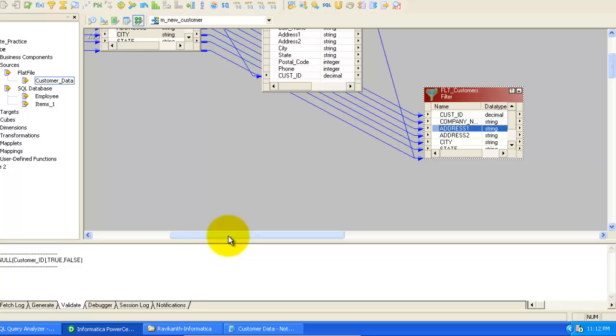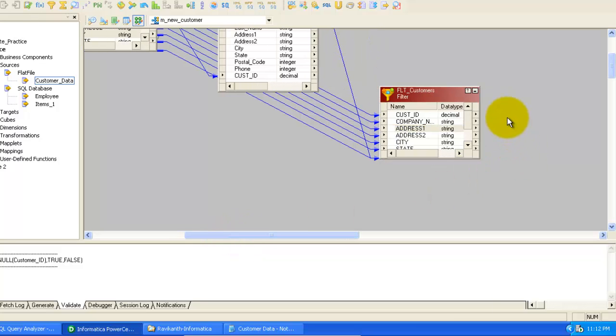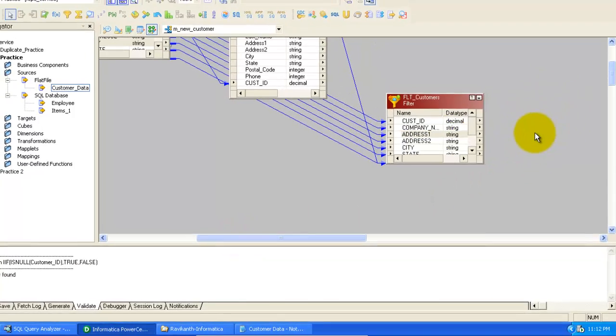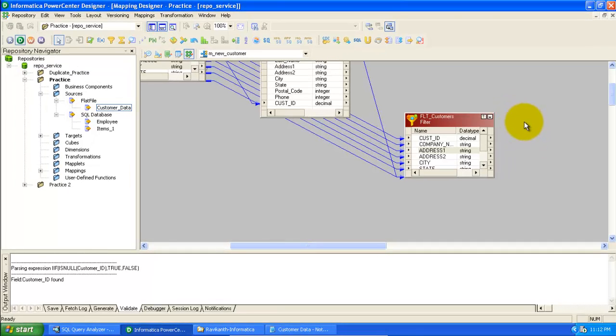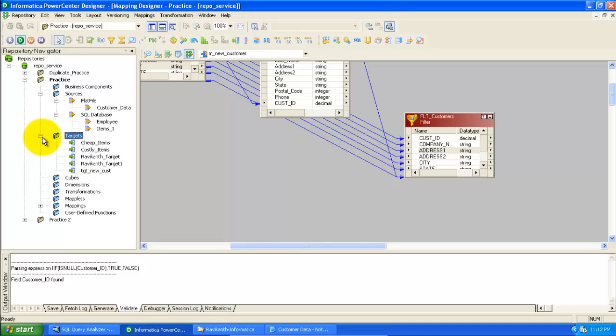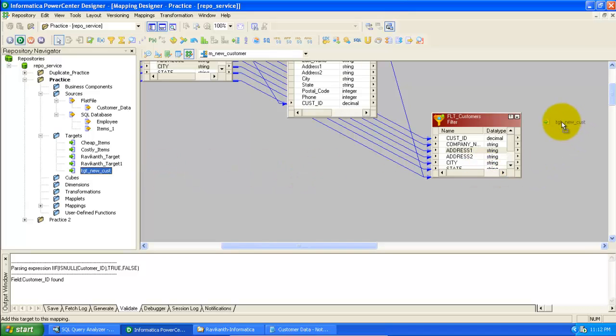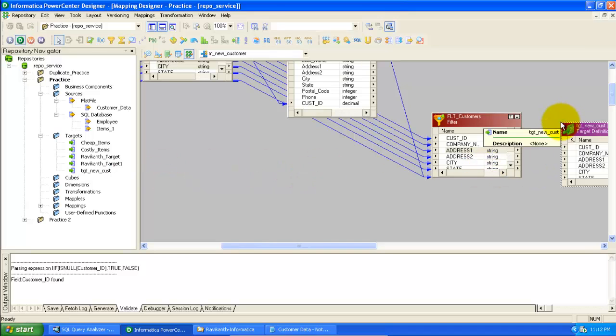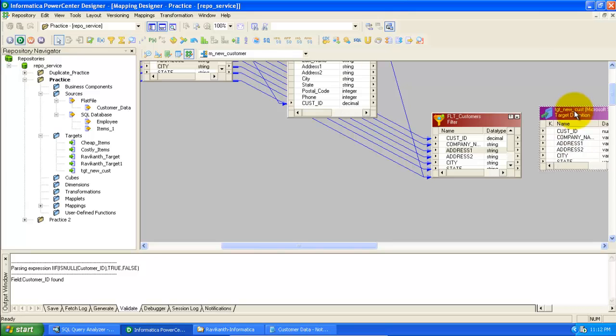So now what we need to do is put the target table here, the target table definition. So where is my target table? This is my target table. Okay, I can see here, this is my new target table. I will be dragging and dropping the target table here to form a target definition.